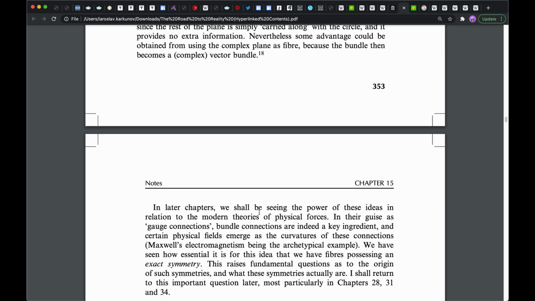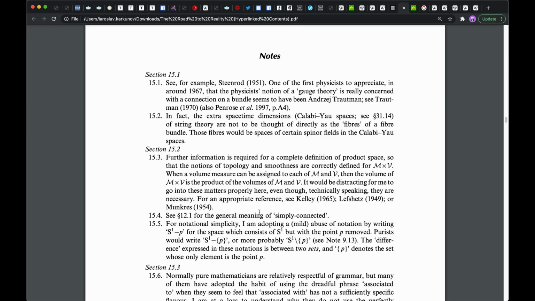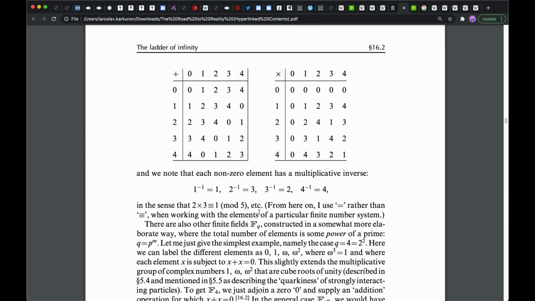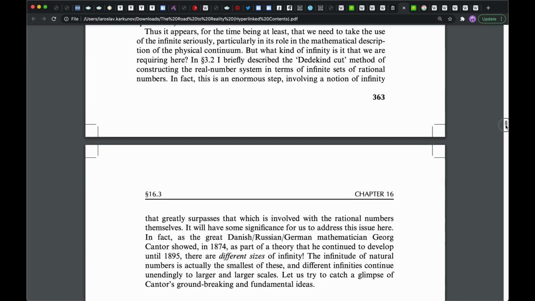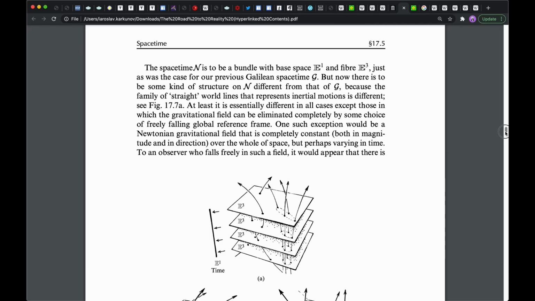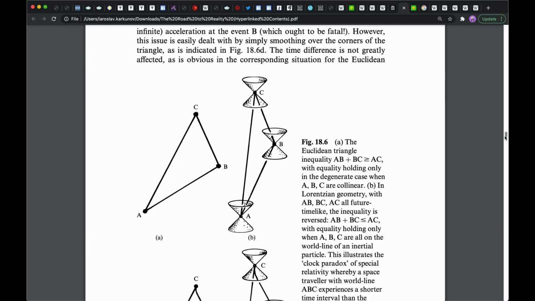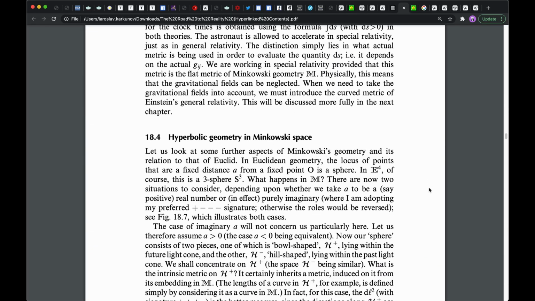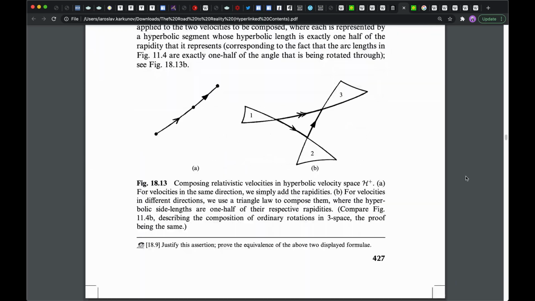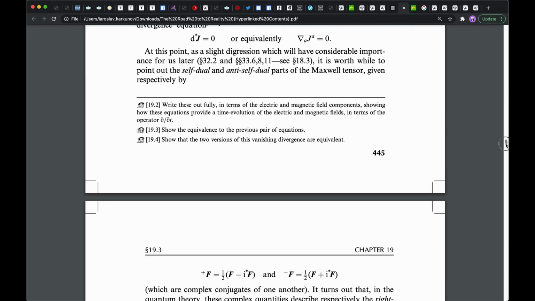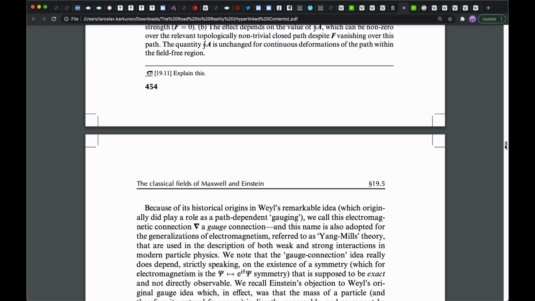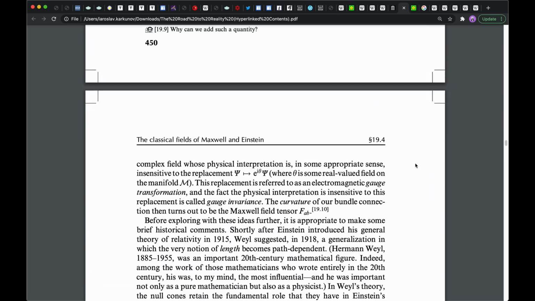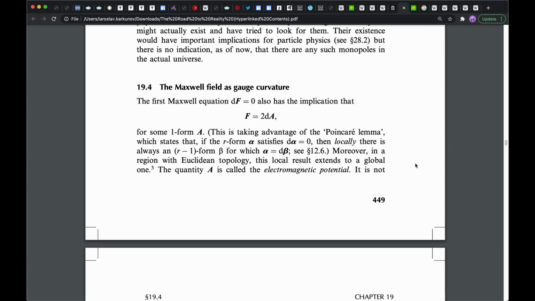Okay, so that was a small reminder about the bundle curvatures and connections in the bundle. And now let's go to chapter 19 and at last talk about the gauge theory and electromagnetism. Okay, so